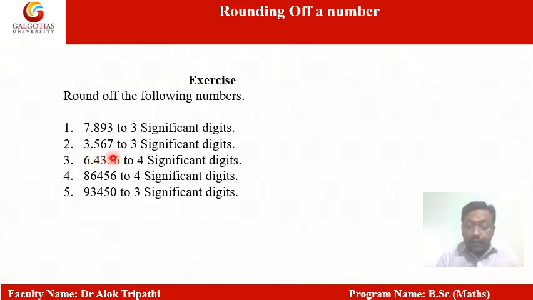Now see the n plus 1th place, means the fifth place. You will see that we have 6 at the fifth place, which is a number greater than 5. Therefore, we will increase the fourth significant digit by 1. So this becomes 86,460, and in place of this 6 we'll write 0. When we round it off, this number becomes 86,460. Now the rest of the questions I am leaving to you as an exercise.